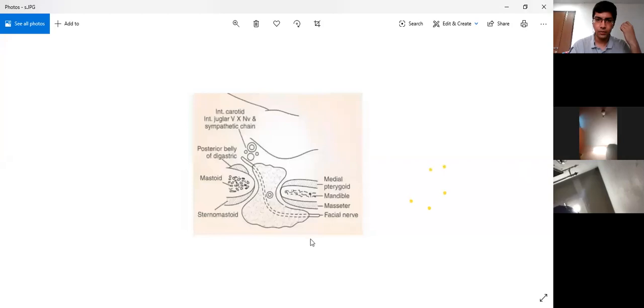Again a schematic diagram of it. So this is the medial pterygoid and the mandible, the angle of mandible, so as to say a cross section, a mastoid present over here. If you take a cross section this way, the facial nerve comes in from the posterior part and exits from the anterior part, and these are the various arteries present. The external carotid and the carotid sheath are present posterior most, but here there is the retromandibular vein, and here there are arteries present, which are not shown in the diagram. So this is how basically you divide anatomically